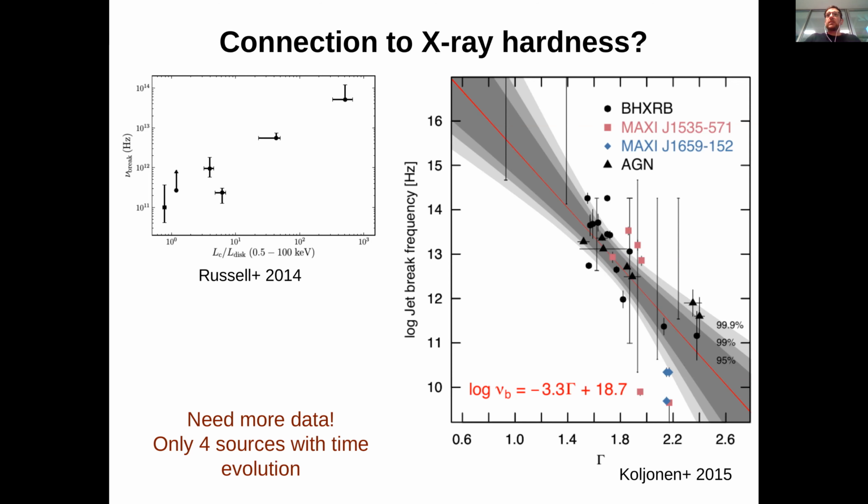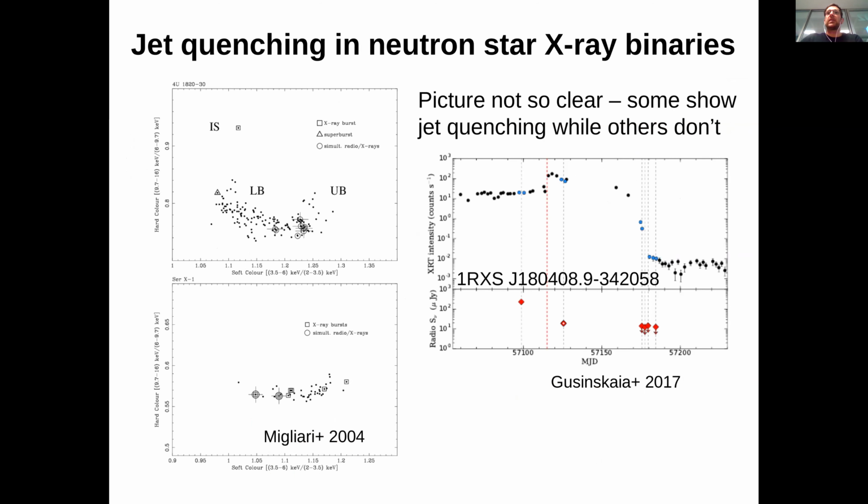Now for neutron stars, in terms of compact jet quenching, the picture is even less clear. Some sources we think show jet quenching, some don't. For example, here are some results from Simone Migliari in 2004, where they detected radio emission in the soft state from 4U 1820-30 and Sco X-1. Whereas conversely, for example, Nina Gusinskaia with